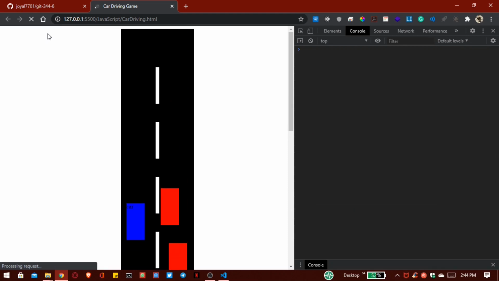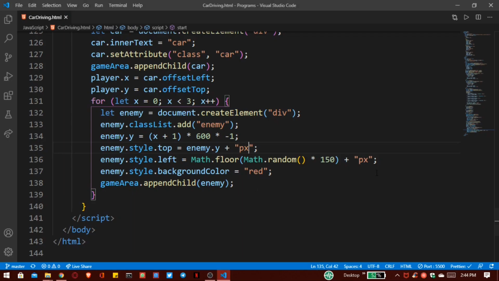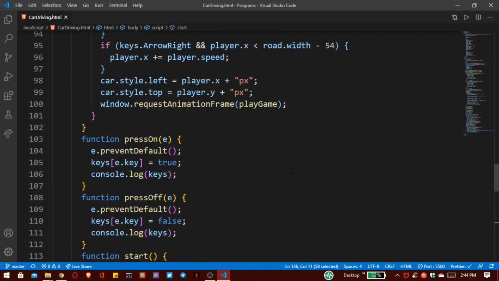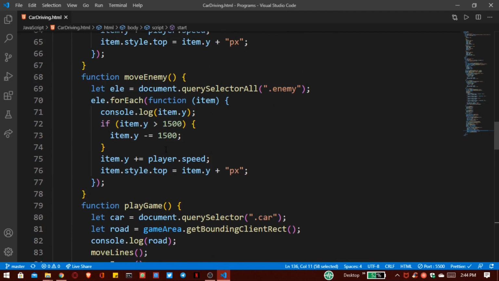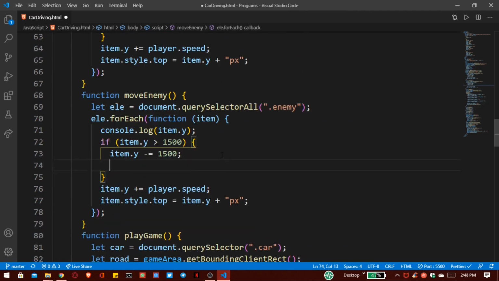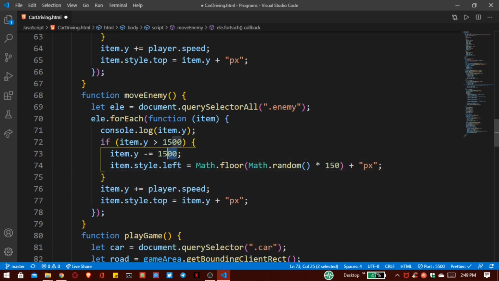No, there is a mistake. This car is generated from this. So here we have to copy this function and go inside our move enemy function. We also have to define here this function, paste here, and instead of this enemy we have to assign our item, and we have to decrease this, minus assign value to 600. Now save this,